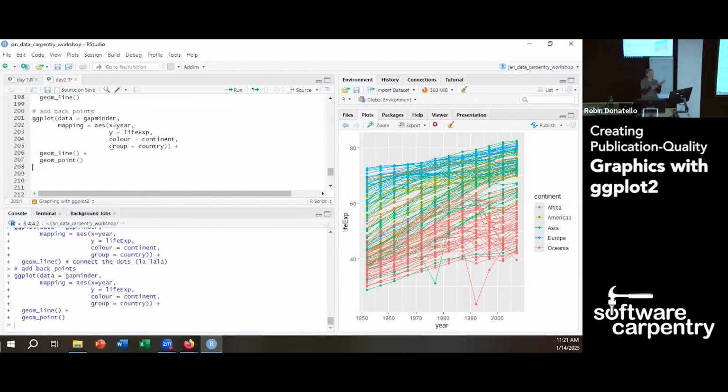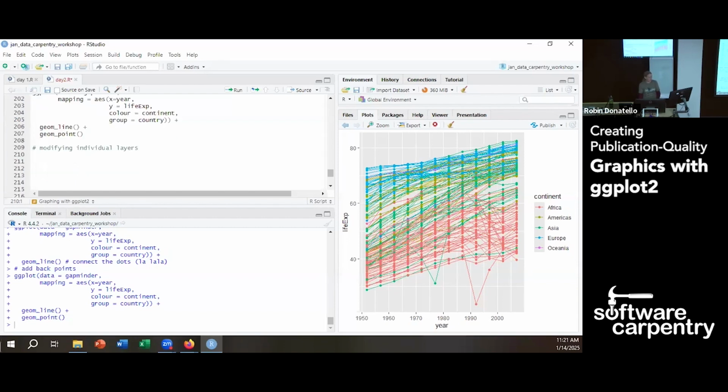So we're slowly adding up and making our graph more complicated, more detailed. So now those points, I mean, they're there, but what if, okay, now,